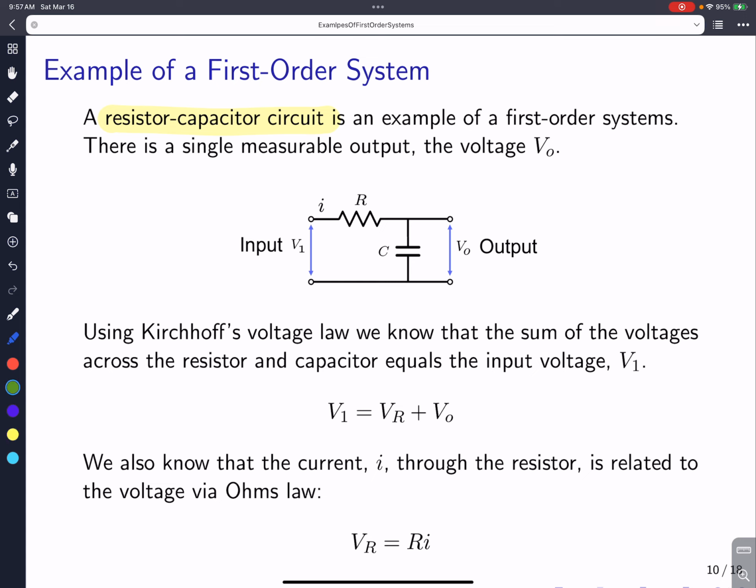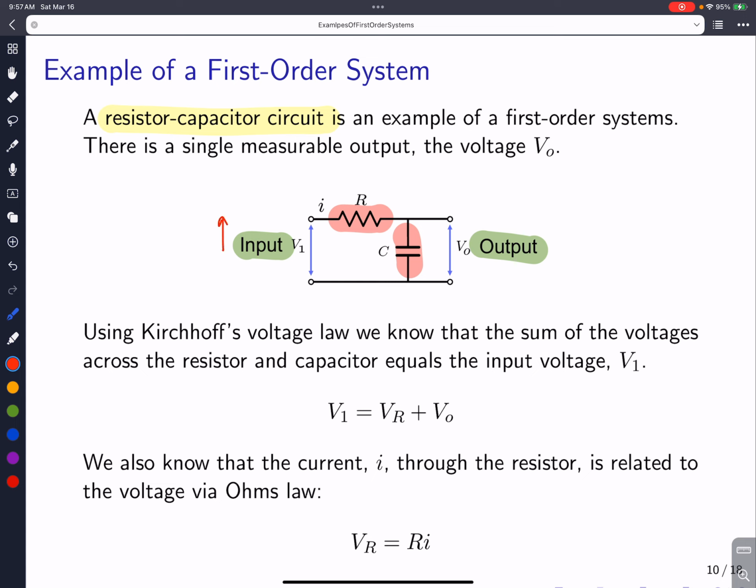It has an input voltage and an output voltage. It also has a resistor and a capacitor. That's the entire circuit. The resistor has a resistance of R and the capacitor has a capacitance of C. What we'd like to know is how the voltage V0 changes with V1. So let's say we were to increase V1